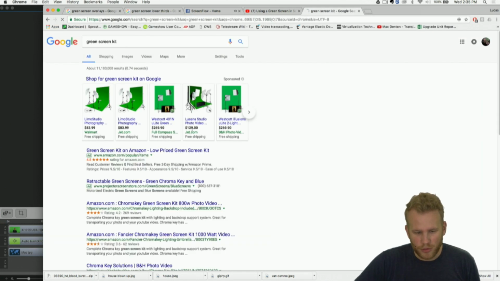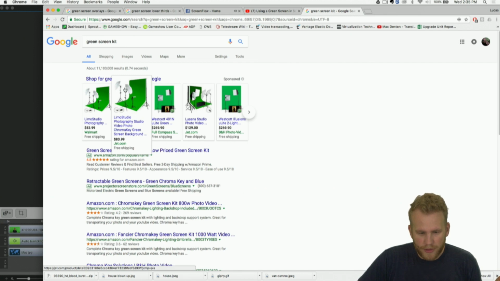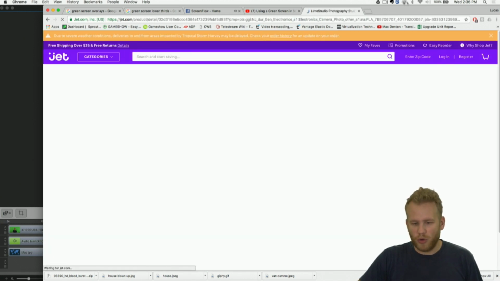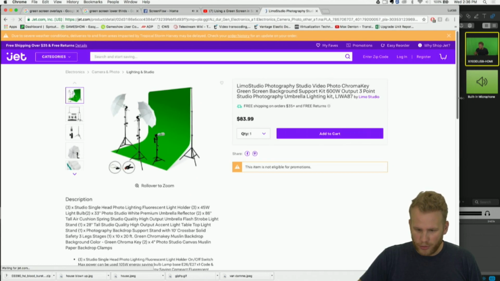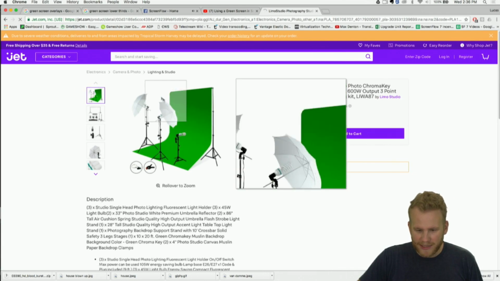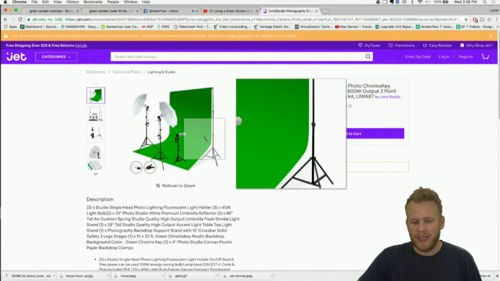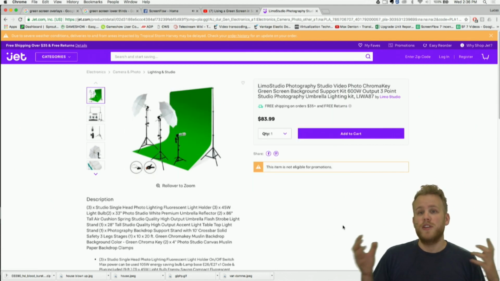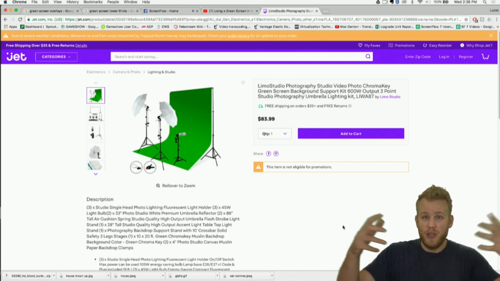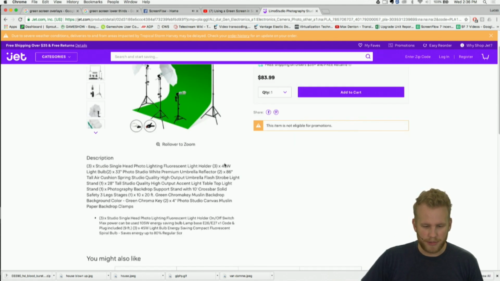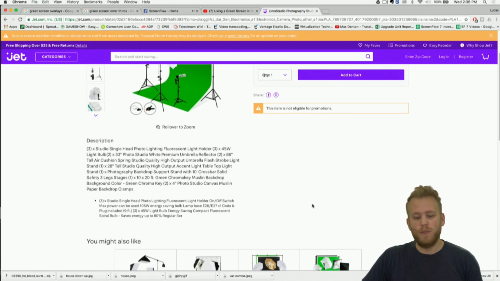If you just type that into Google, this will pop up. Look, for less than $100, you can get two tripods to hold up a little green piece of fabric and some lighting to help you set up your lights and get your green screen. And if you have a spot in your house where you can put that behind the desk you're sitting in front of, you can get a quick and dirty green screen setup that'll be more than good